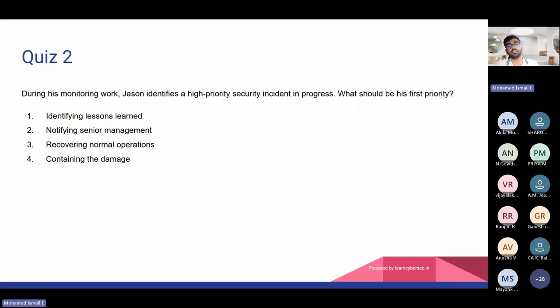To answer this question, you need to take 1.2 minutes. That's the time limit we have for the exam. So the quick way is to think among the four answers, rule out one by one, then apply the theory you have learned and identify which one is the best answer.